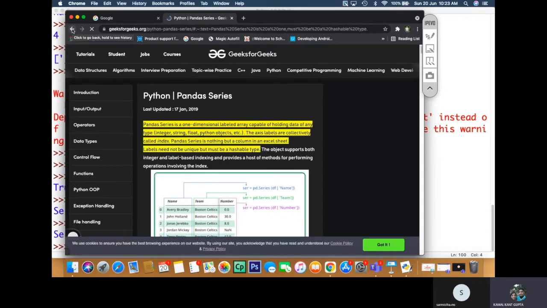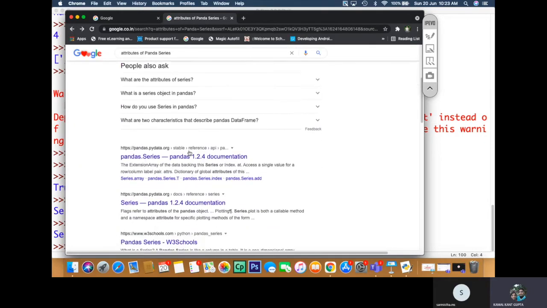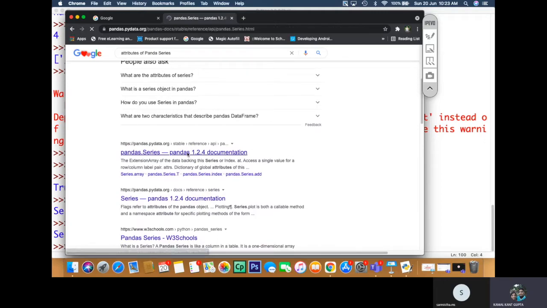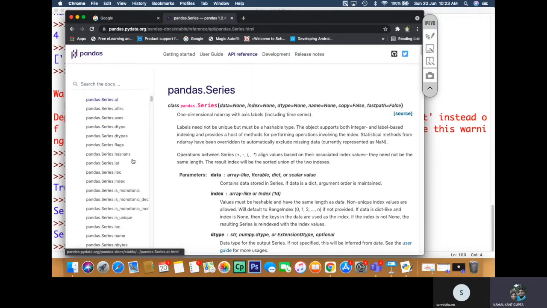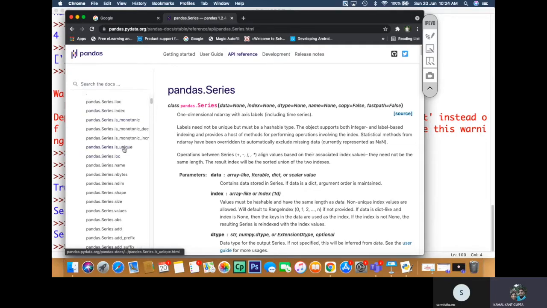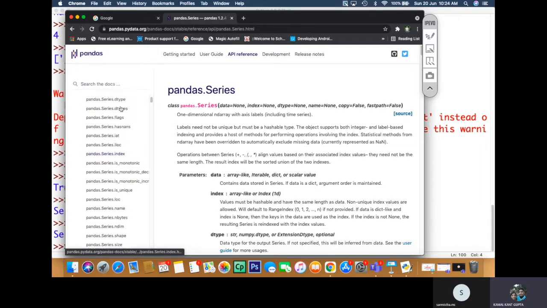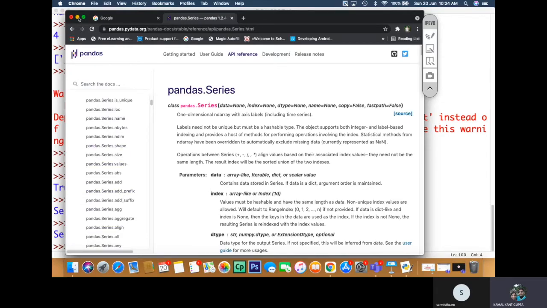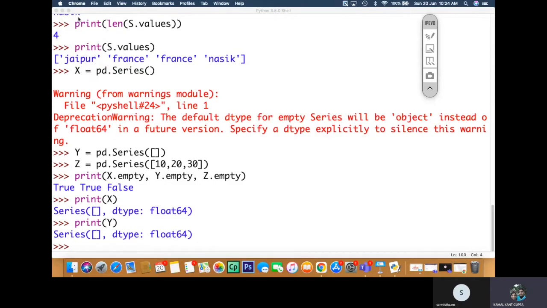As you can see, there are many attributes, and we will see them in the coming days. You can roam through the documentation and find out more of them, which adds to the advanced study of a series.